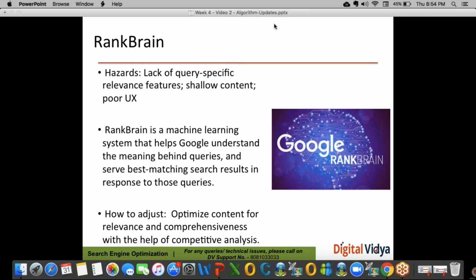Whatever you are writing, just be relevant. If things are relevant enough, people will stick to your website. Make sure that it is engaging, whether it is content, an image, or a video, whatever you are creating, make sure that it is relevant, unique and engaging.